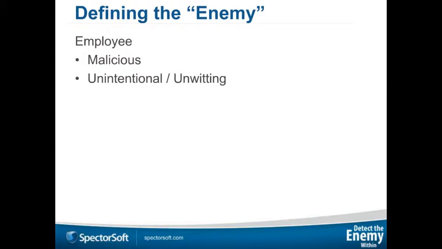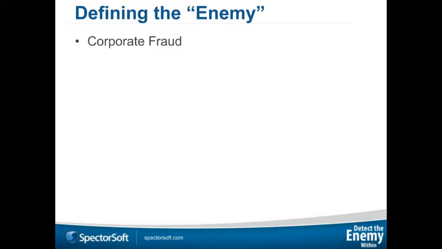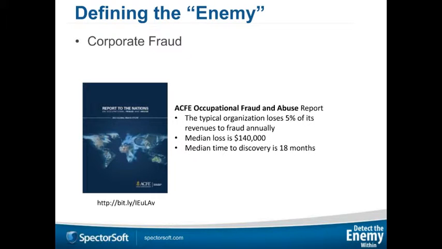The first activity that an enemy might be getting involved with would be corporate fraud. The ACFE, the Association of Certified Fraud Examiners, put out their report late last year, and you can see some of the stats that dictate what employee fraud looks like. 5% of your revenues get lost annually. The median loss is $140,000, and about 25% of the losses were over $1 million in this survey they had done. And the most important thing to note here is the median time to discover the fraud